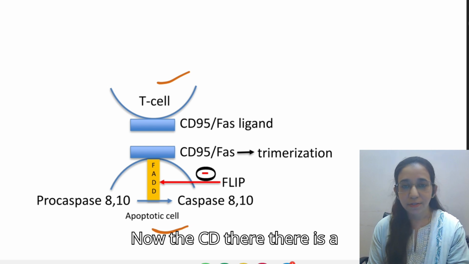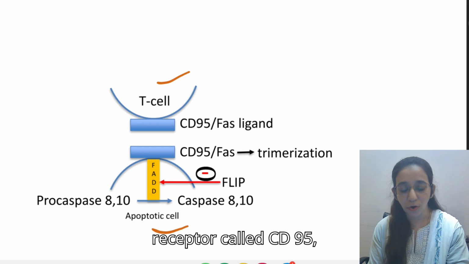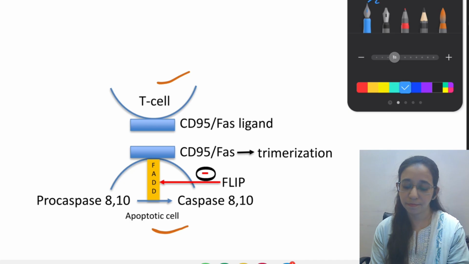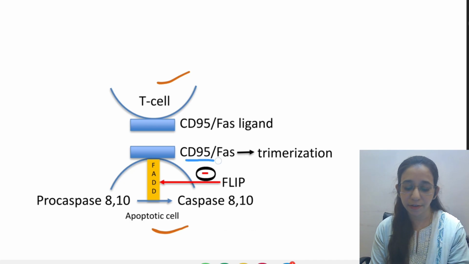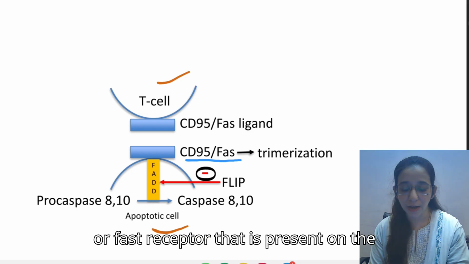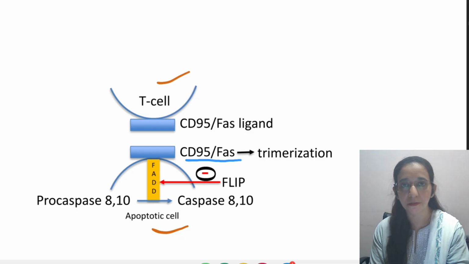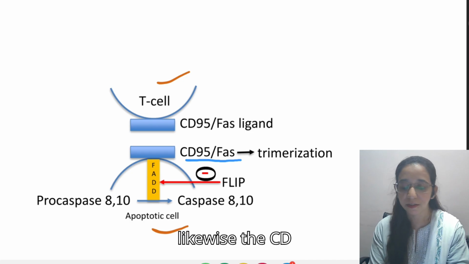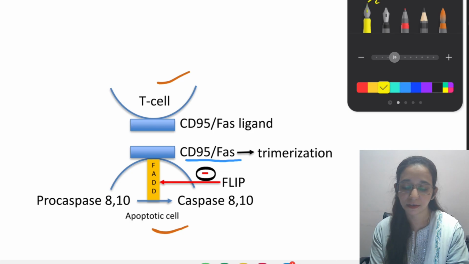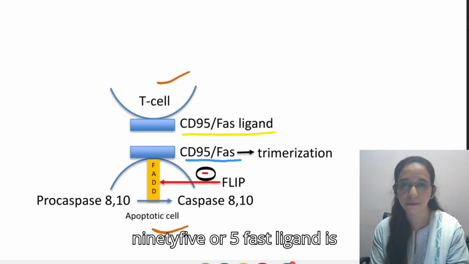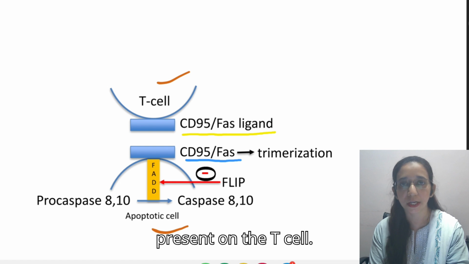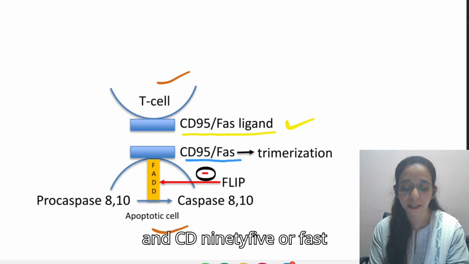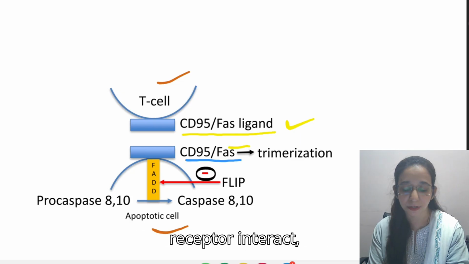There is a receptor called CD95 or FAS receptor that is present on the apoptotic cell, and likewise the CD95 or FAS ligand is present on the T cell. When CD95 ligand and CD95 or FAS receptor interact,